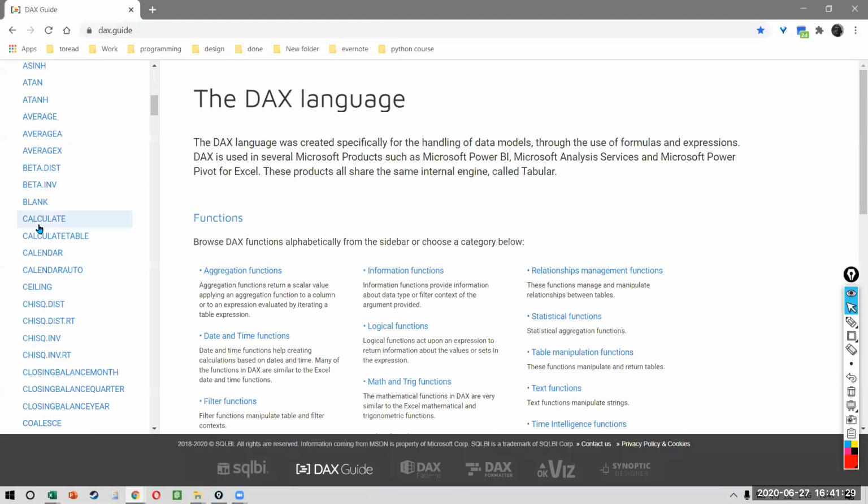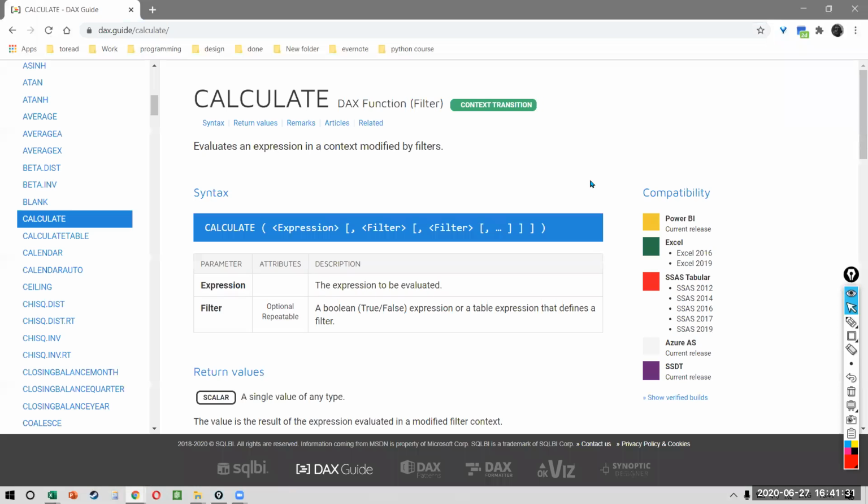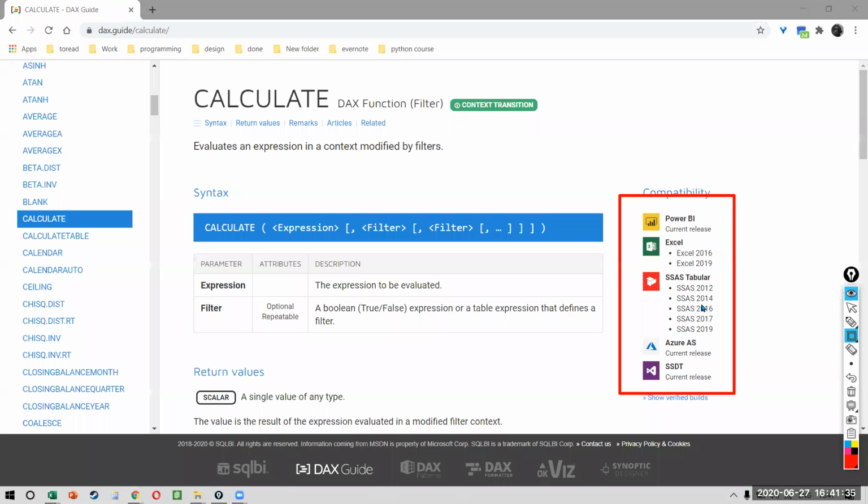If you look at DAX, DAX is a language that is available on SQL Server, Azure, Excel 16 and 19, and Power BI as well. So if you're learning it, it is not going to help you only with Excel. It will help you with all these different technologies as well, right? So don't feel that it's only Excel that we're using it for. If you want to work with Power BI in the future, and you will have to, you have no choice but to learn DAX.